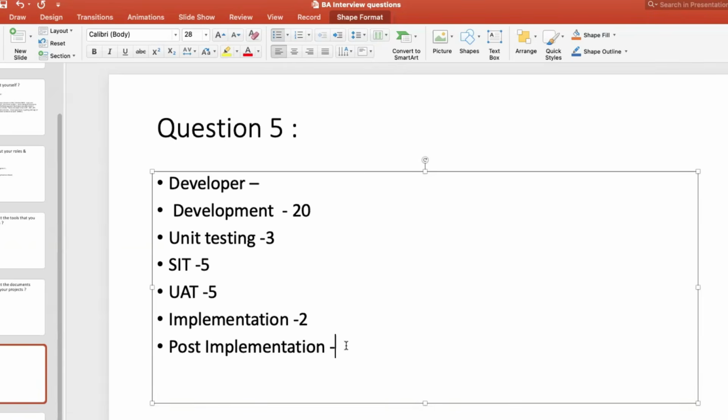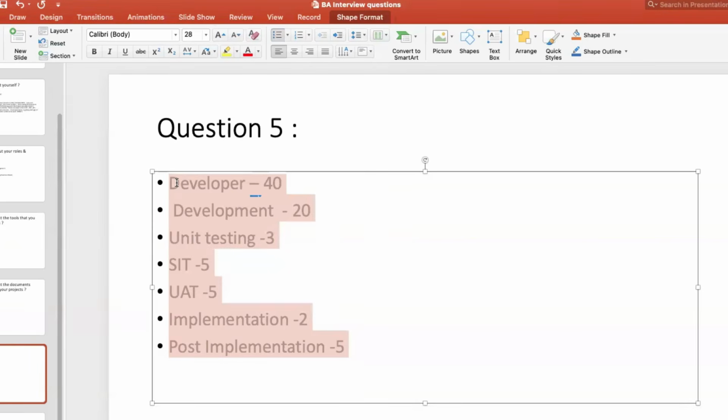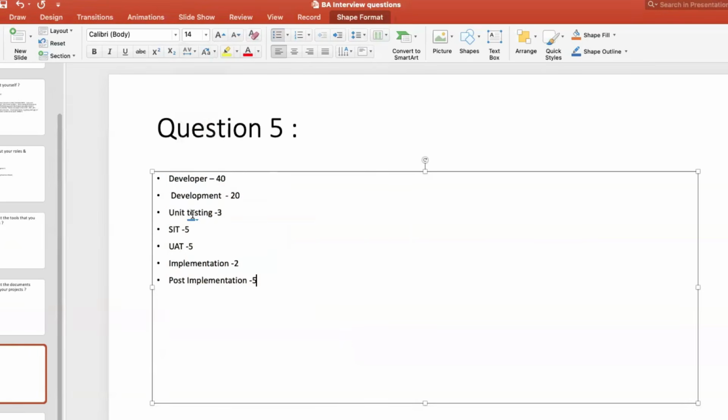We have 1 month warranty usually. That's like 5 story points. Totally how many story points? 20, 30, 35, and then 40. So totally developer points is 40. Same way for analyst, we need to give story points. So for analyst, what we do? So this is for developer. Same way for analyst,